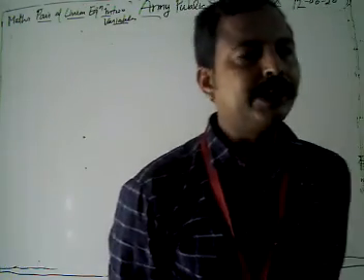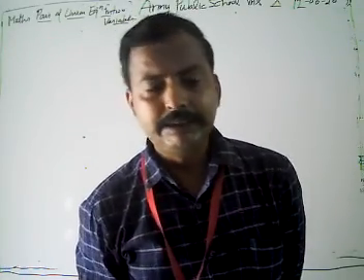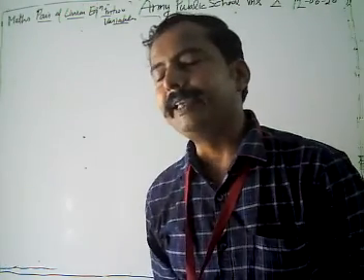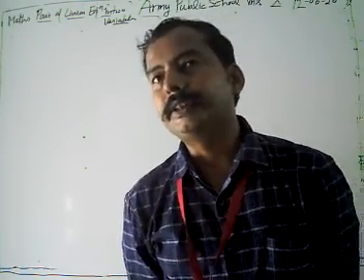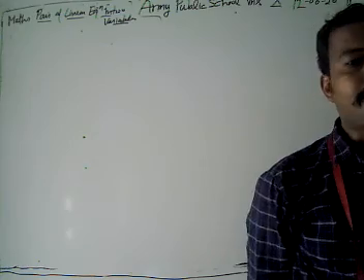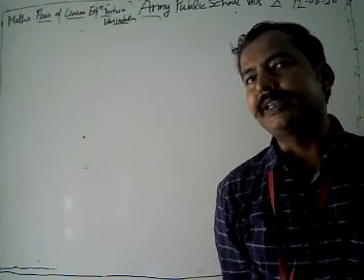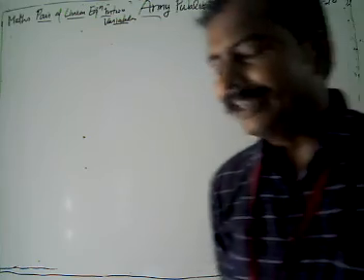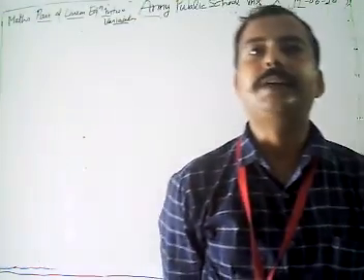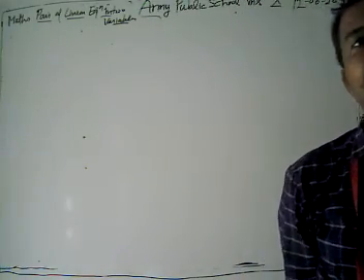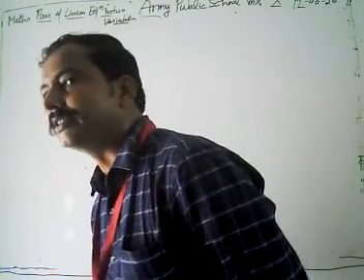All of you remember the difference between expression and equation. If we have ax plus b, then this is our expression. And if we have ax plus b equal to 0, then this is called our equation. An algebraic expression with the equal to sign is known as an equation. Without the equal to sign, it is only an expression. This is the basic difference between expression and equation, because we cannot solve any expression, but we can solve equations.